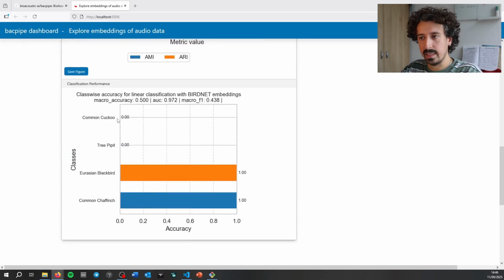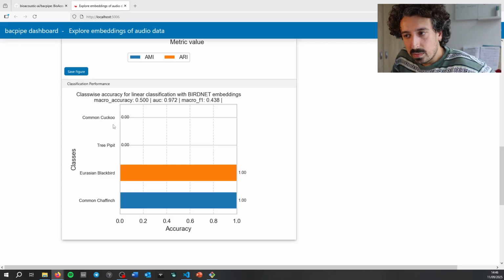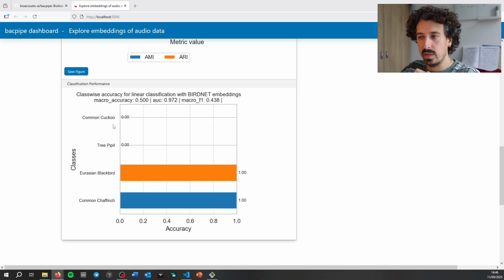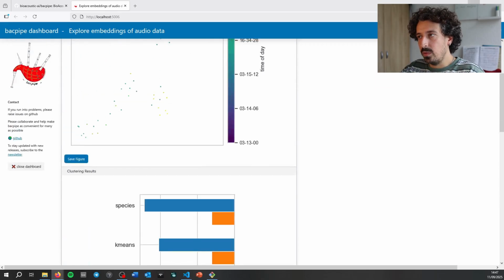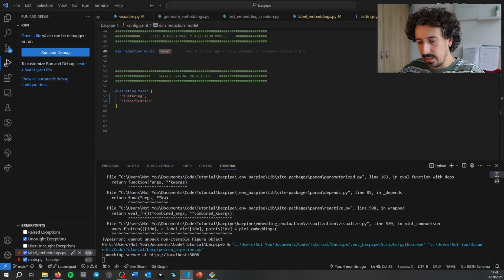As I said, again, this is completely overfit, right? That's just because we have so little data that we're actually working with, and the annotations that I used, as you saw, I just created that annotations file with the call types and stuff. It doesn't really mean that the annotations are of good quality. But what you can do is, once you do the linear classification, it saves you the